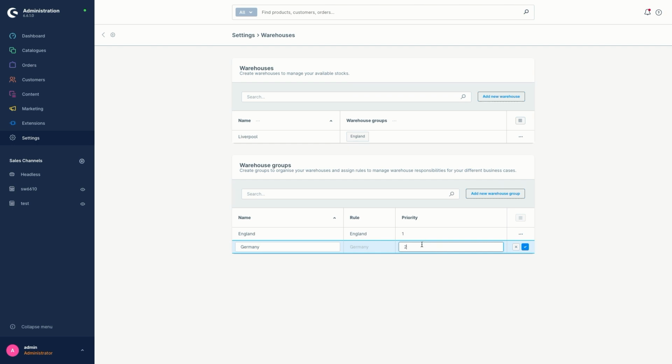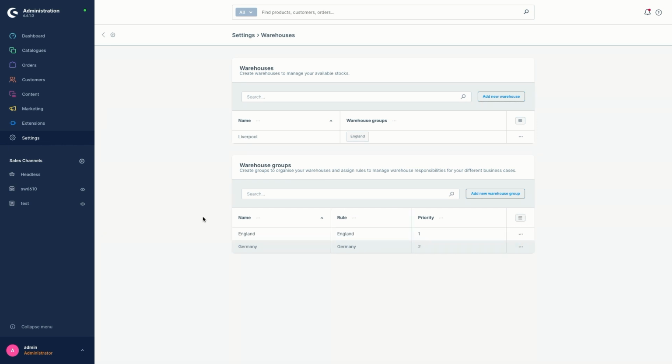In our case, I'll just take 2 for Germany. Keep in mind that the higher priority is the lower number. After you have entered the priority, just click on Save. So save is the check button here. And to cancel the entry, just click on the X button.